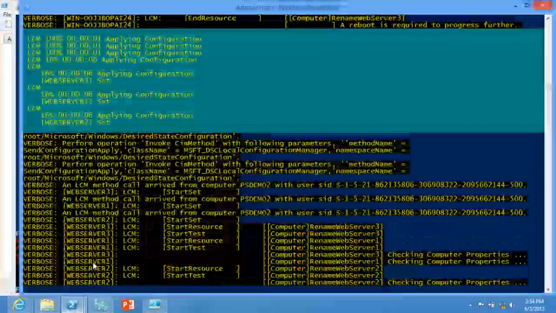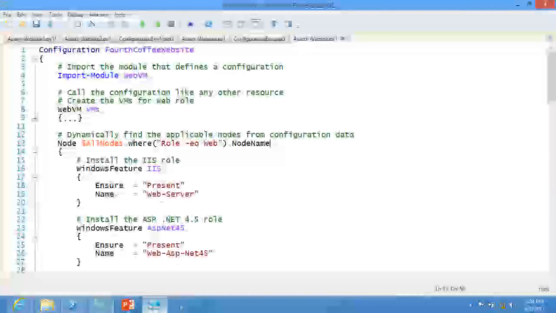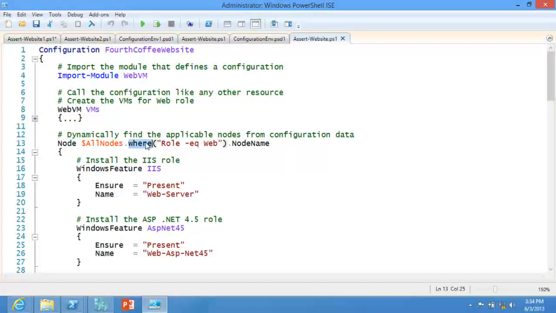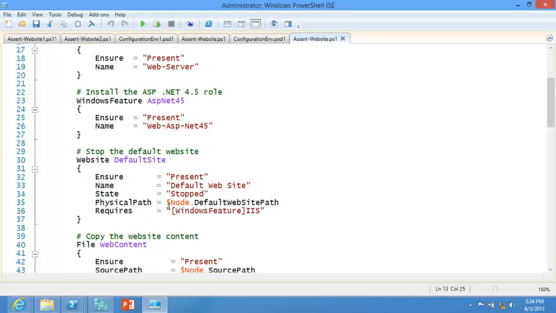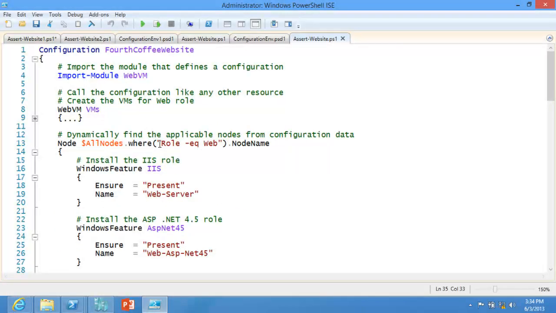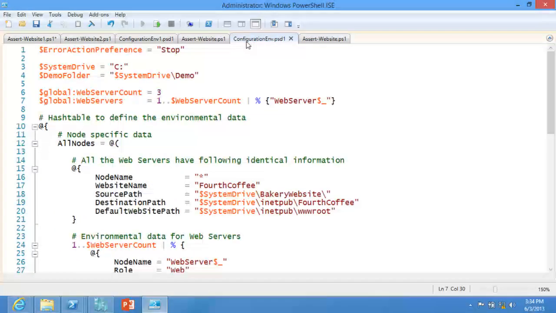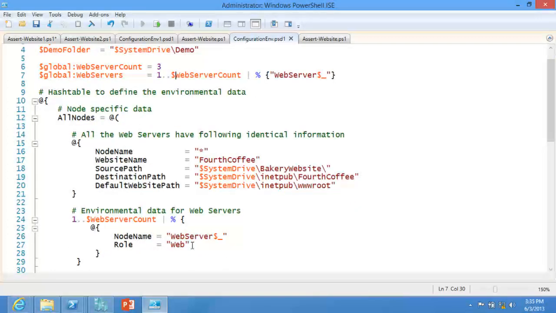But that's actually exactly the right terms of where we're headed, because we want to be able to do this as a common syntax. It says, hey, where the role is equal to web, grab that node name, right? It's the same notion that Jeff was demonstrating. It's just right now it's within the configuration statement as opposed to outside the configuration statement. So anywhere that is, you go for it. And then it just selects that node, right? This little thing, role equals web, up here.